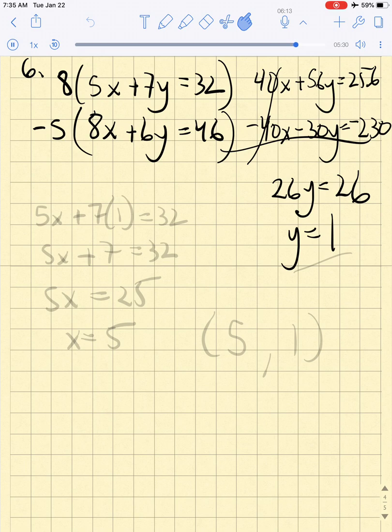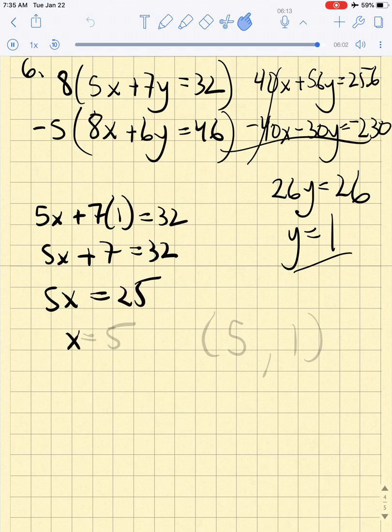And if y is equal to 1, now I can substitute back in. I'm going to go back into the first equation. So that's 5 times x plus, in the original equation, 7 times 1 equals 32. Where did the 1 come from? We just got it over here. So that's equation 1 with y substituted in as 1. Now we have 5x plus 7 equals 32. 5x equals 32 minus 7, which is 25. So x must be equal to positive